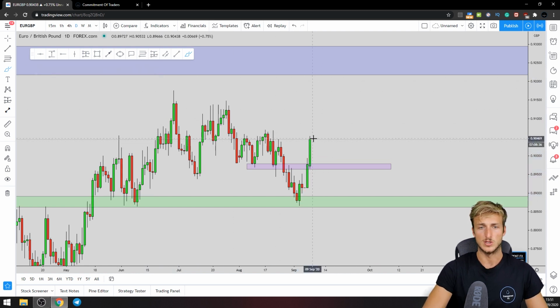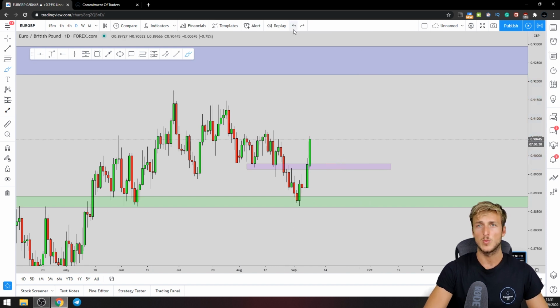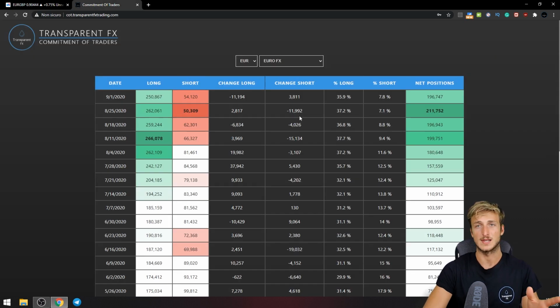So what do we want to see? We want to see a retracement and then the continuation to the upside to our overall upside target. And this is how we will be approaching this situation with students. Now, before I show you that, let's go and give a quick check at what we have from a COT